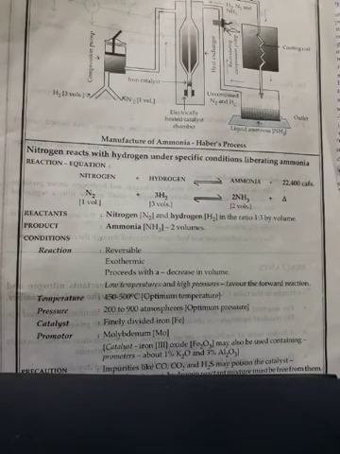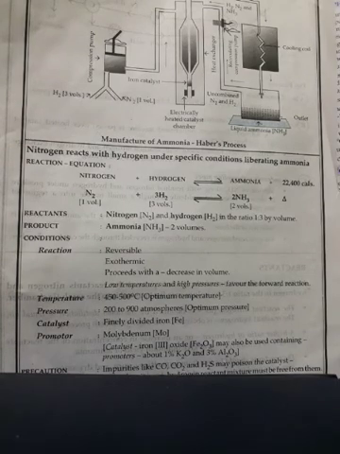Then one thing more, normally it is asked in exam, source of the reactant. How we obtain hydrogen and nitrogen. Hydrogen is obtained by Bosch process. Only name you should learn. No need to go through the detail of Bosch process that you have studied in 9th class. Only you should know the name of the sources. Hydrogen is obtained by Bosch process, whereas nitrogen is obtained by fractional distillation of liquefied air.